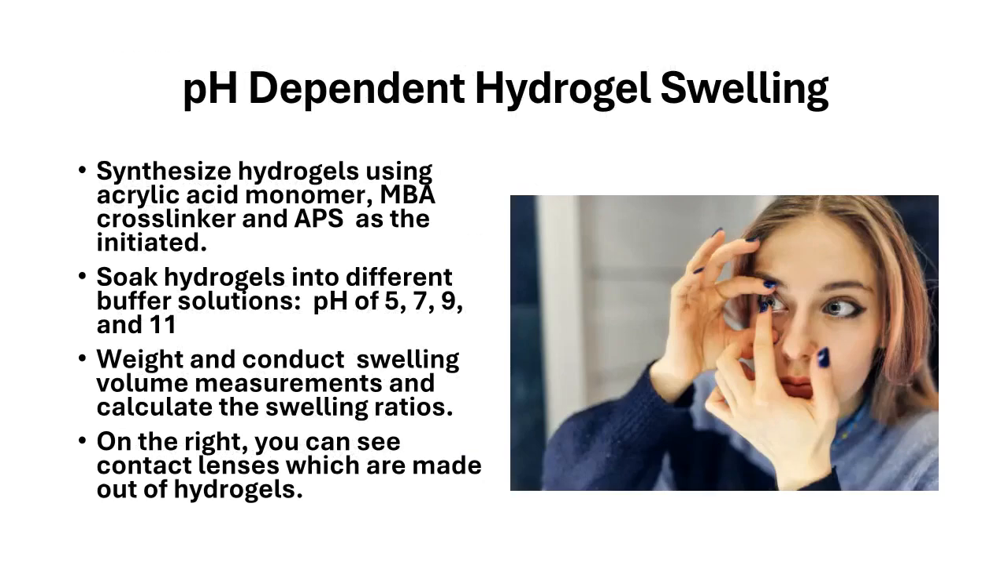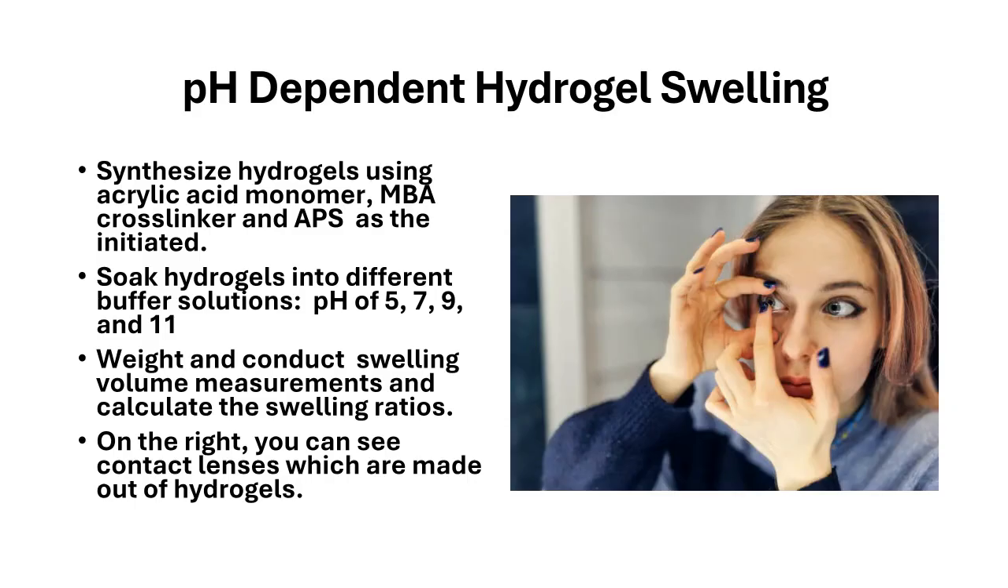A common method of synthesizing hydrogels involves using acrylic acid monomer, MBA crosslinker, and APS as the initiator. This results in the formation of hydrogels. The hydrogels are soaked in buffer solutions of different pHs such as 5, 7, 9, and 11, and the effect of the pH on the swelling ratios of the hydrogels is determined. One common application of hydrogels is in contact lenses, as shown on the right, where a woman puts on contacts